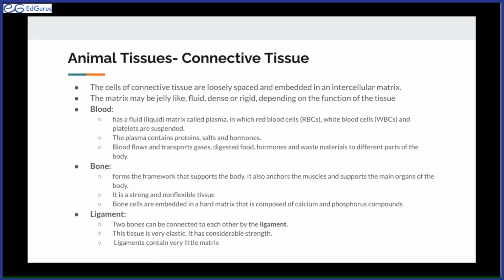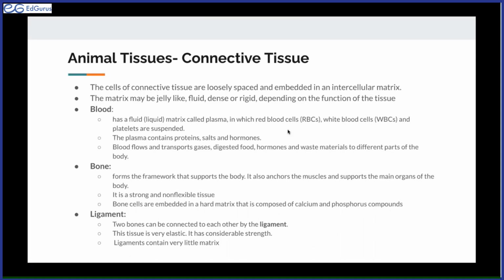Right? So for example, blood is a connective tissue. Right? But blood is liquid. So that means its intercellular matrix, what does it have to be? It can't be rigid, right? Because if the matrix was rigid, then blood would be solid, and this is not the case. Now we know that blood is not rigid, so it has to have a fluid intercellular matrix. So the intercellular matrix of different connective tissues depends on its functions.